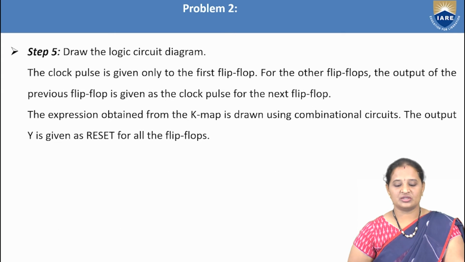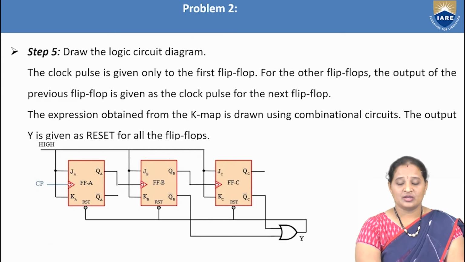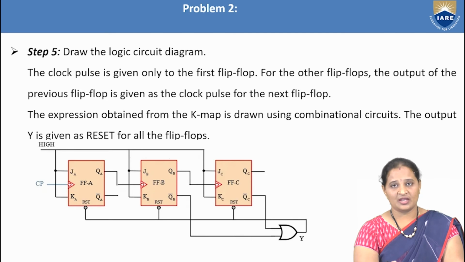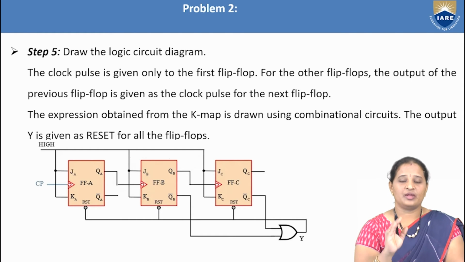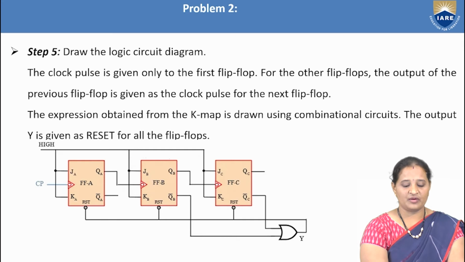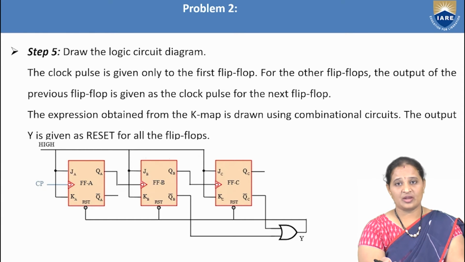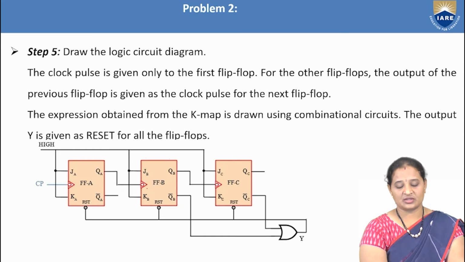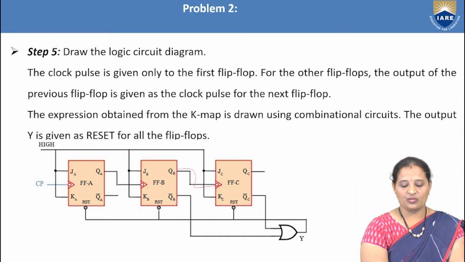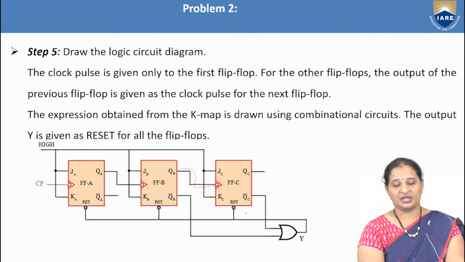Now coming to the logic diagram here. As we are designing an asynchronous counter, I'm using 3 flip-flops here. So 3 JK flip-flops I'm using. The J and K inputs of all the 3 flip-flops should be connected to logic 1. And the first flip-flop is connected with clock pulse, whose pulses are to be counted. It is also an up counter, so QA is connected as clock, QB is connected as clock to the next one. Whereas we do have active low reset input here.